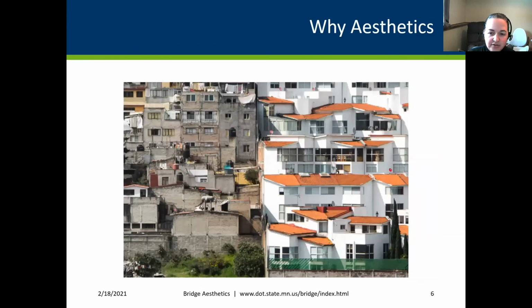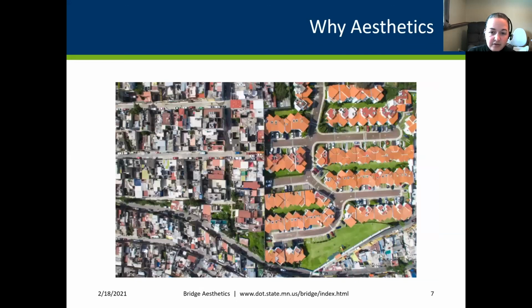There is also the socioeconomic types of issues here. You can see the neighborhood on the left, this is actually in a foreign country, would be considered a slum. And then you can see they mowed right in and built these new high rises. They literally just went in and plowed down the slums to do that. And we've learned that that's not a good approach. And aesthetics does matter in this case. You see those visual differences. That's how you know the difference.